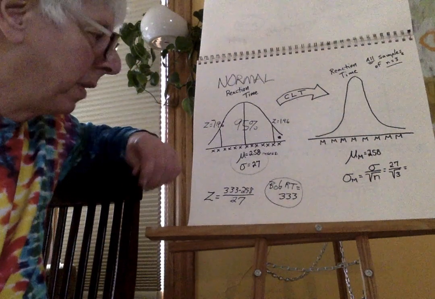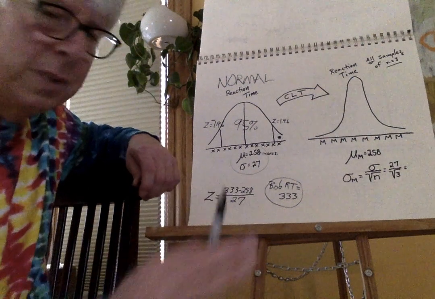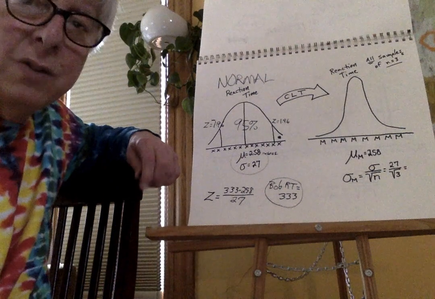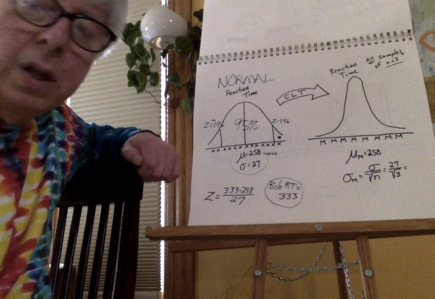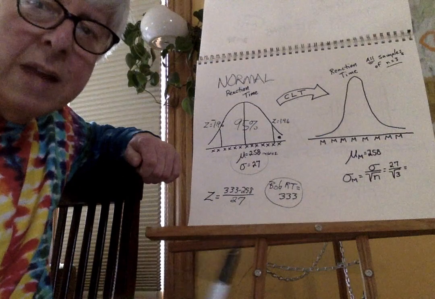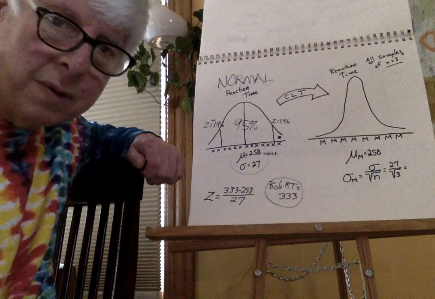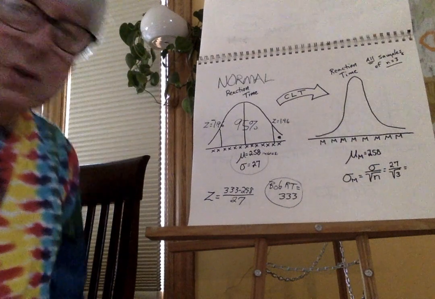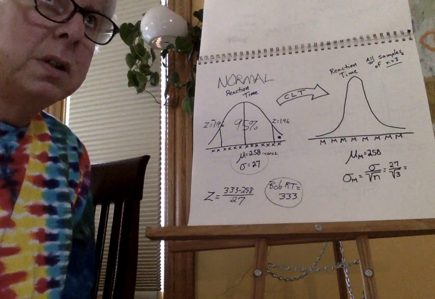Suppose that the population of reaction time is 258 with a standard deviation of 27, okay? We're going to soon get away from me giving you that information, but at this point I've given it to you. So what I want to say is, okay, let's give Bob 3 chances,